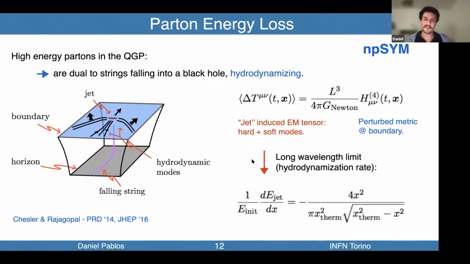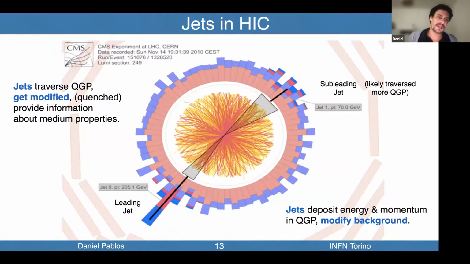If you take the long wavelength limit of this quantity, you actually get the amount of energy that is being hydrodynamized per unit length, the hydrodynamization rate, which can be proved to exactly correspond to the pieces of the string that fall into the black hole. So we do have a set of different pictures, which, however,